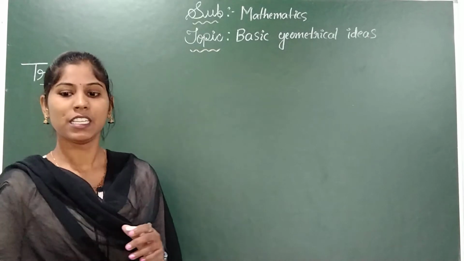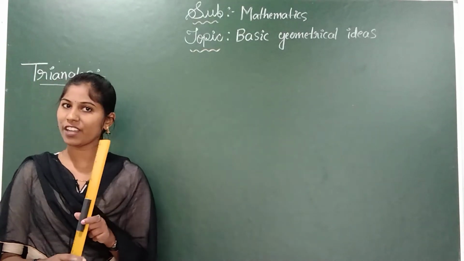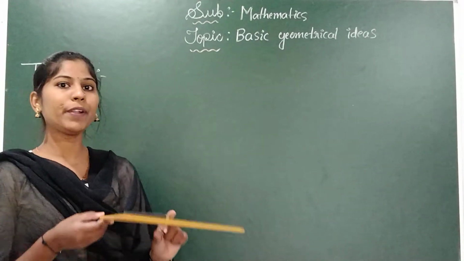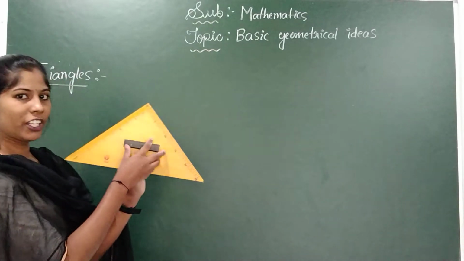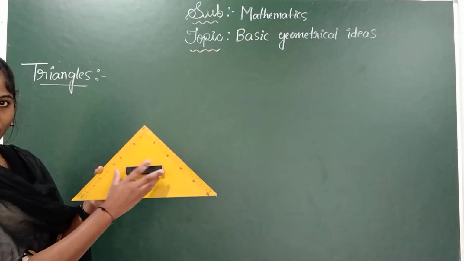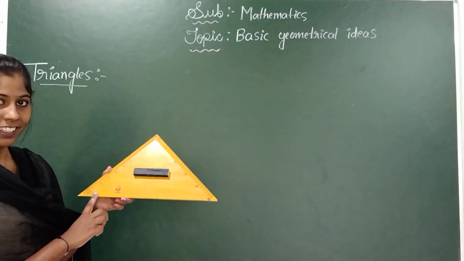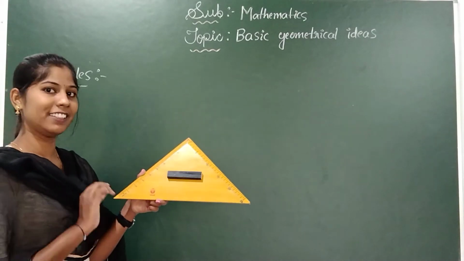See here, it is the ruler. It helps us to draw line segments. And the next one, this is an example of a polygon. Right? So this is a polygon. It is made by how many line segments? 3 line segments, and you can see here 3 vertices and you can see here 3 angles.